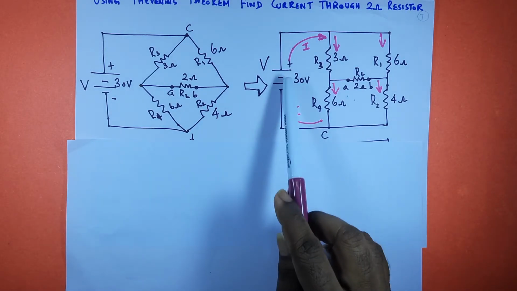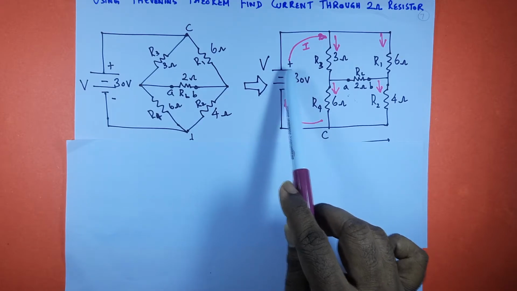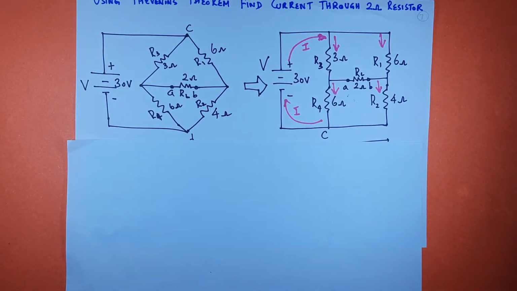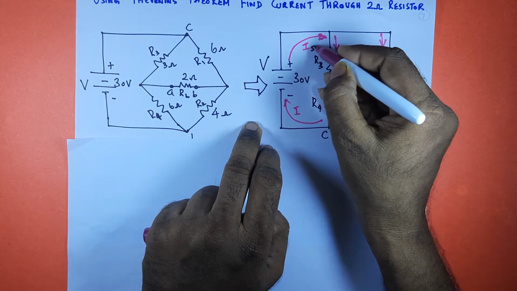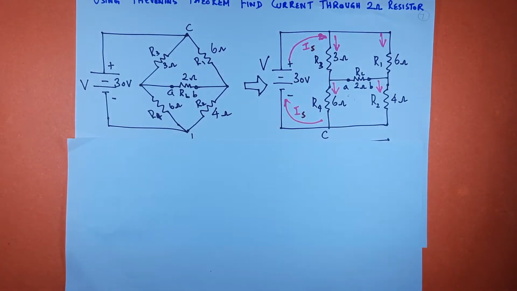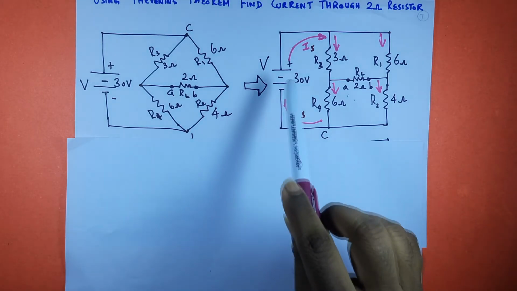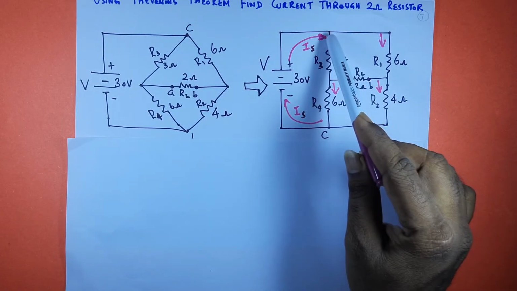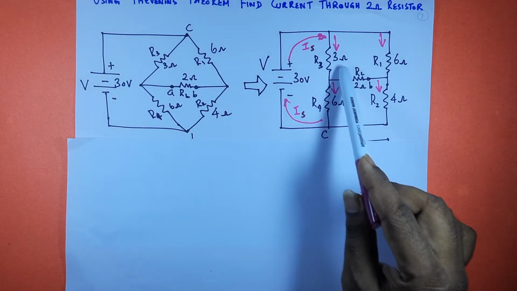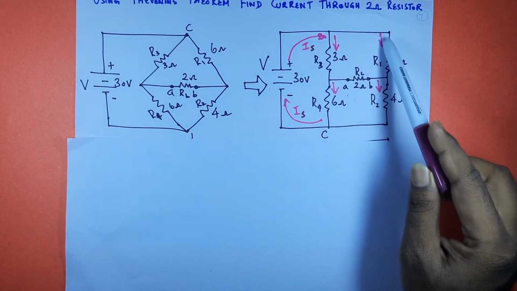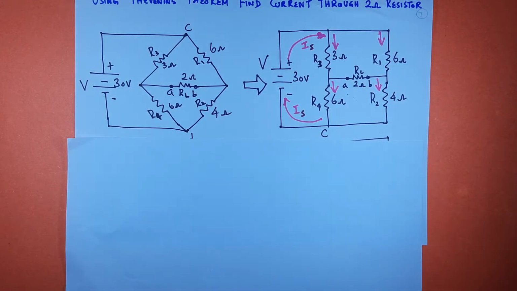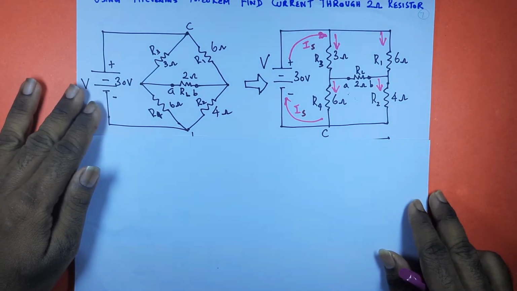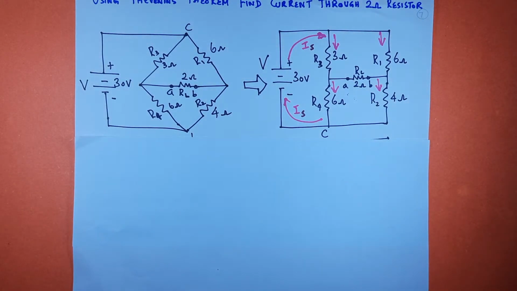In this case, the current I, or current from the source, you can even call it IS, source current. Current from the DC supply, that is the source current, starts from the positive terminal. Some current will flow through R3 and R4. Remaining current will flow through R1, R2. You know very well, whenever current flows through a resistor, a voltage will be dropped across it.